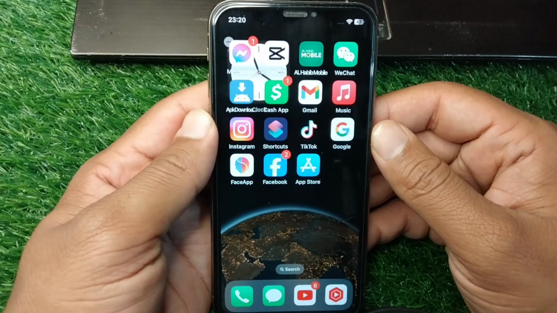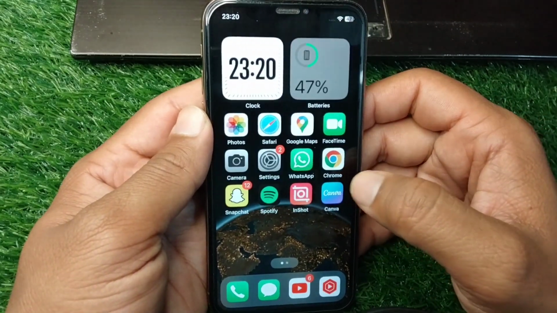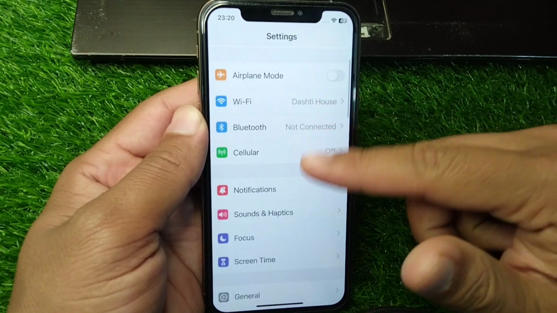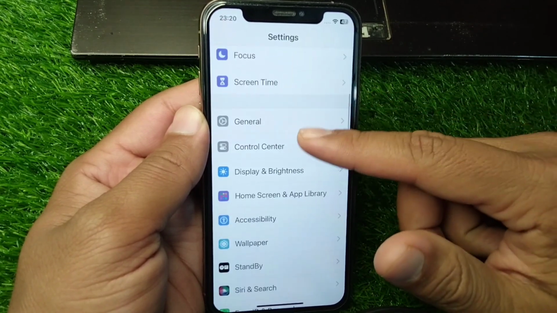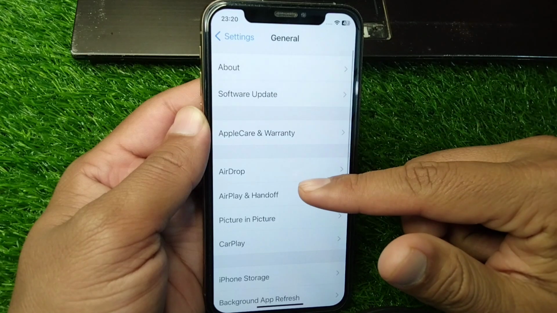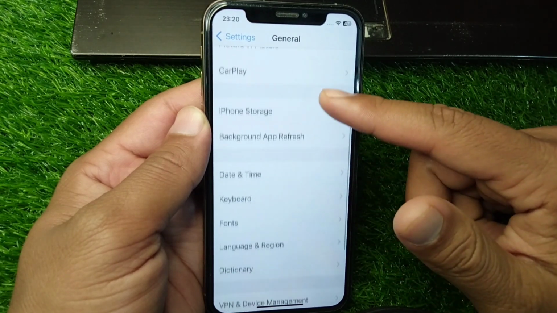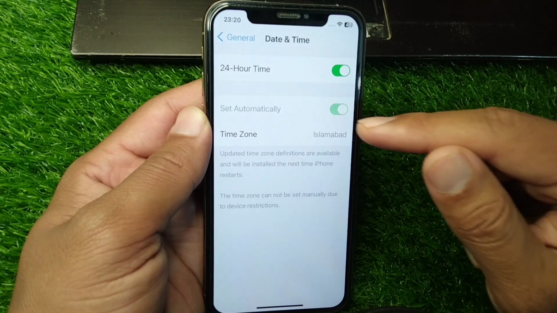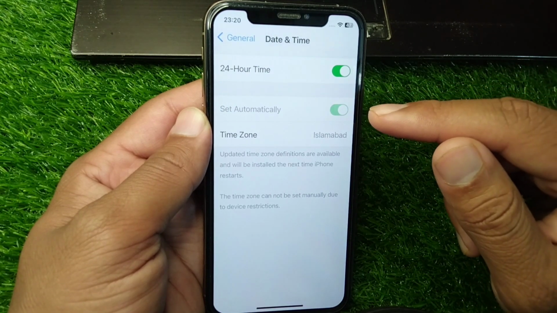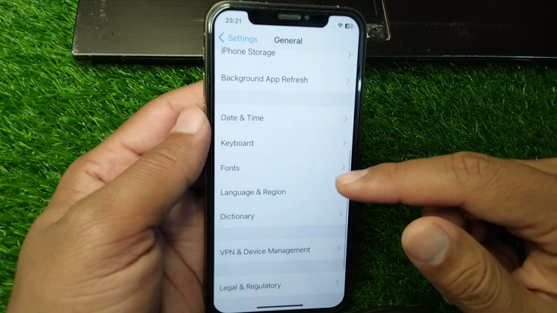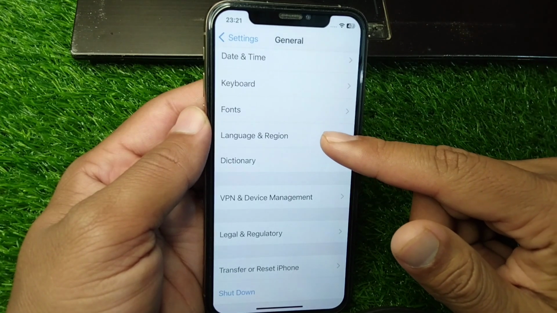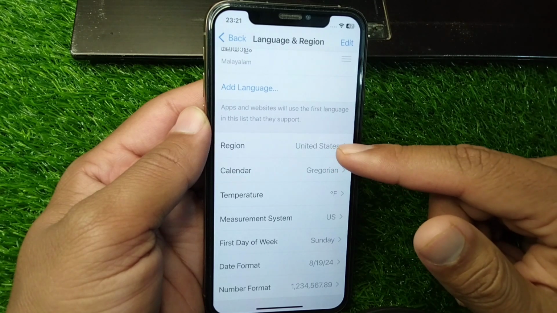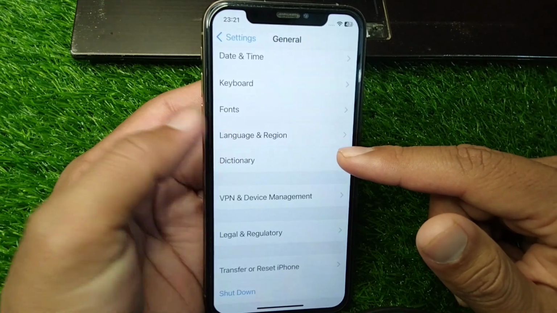So guys, first of all, go back to your home screen and now you have to open Settings in your device, and from here scroll down and tap on General, and from here scroll down and tap on Date and Time, and from here turn on the toggle for Set Automatically and go back, and from here tap on Language and Region, scroll down and select your country or region correctly, again go back,